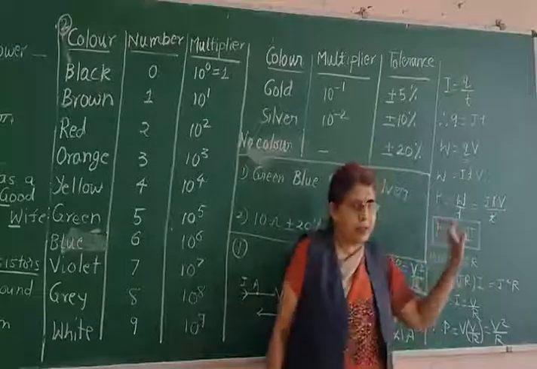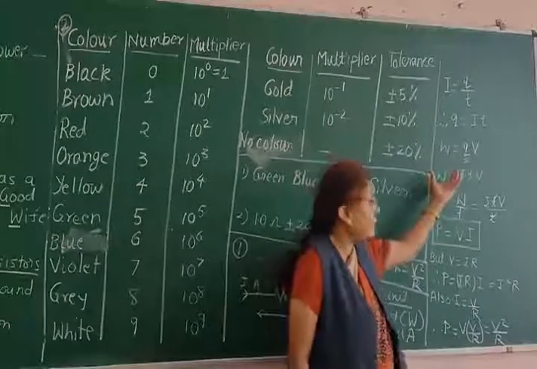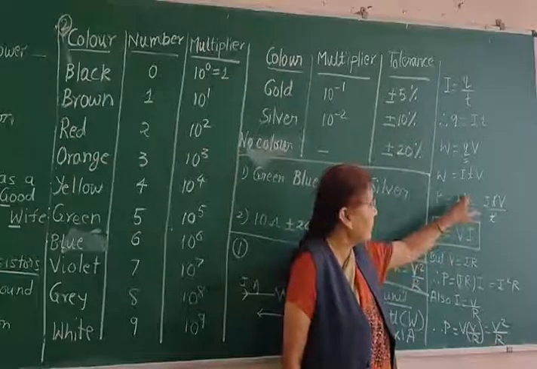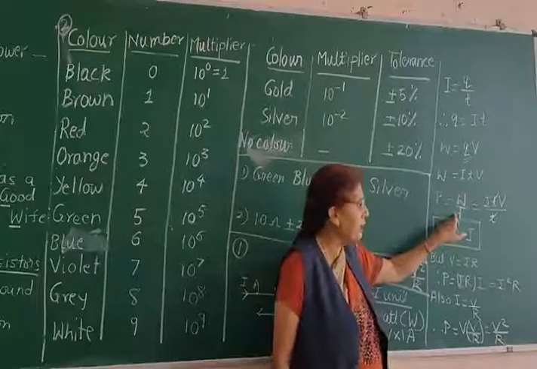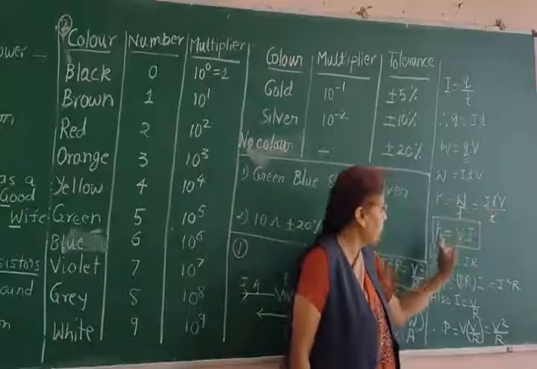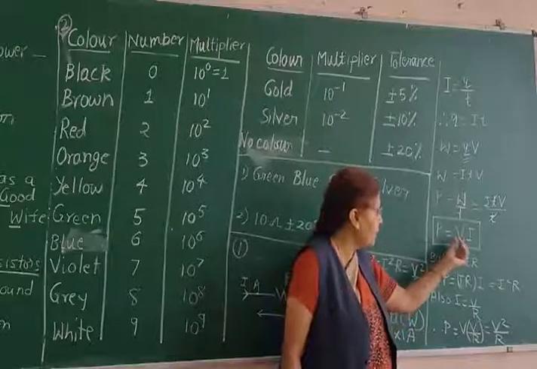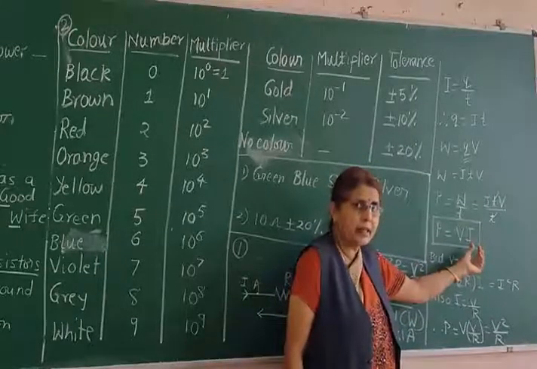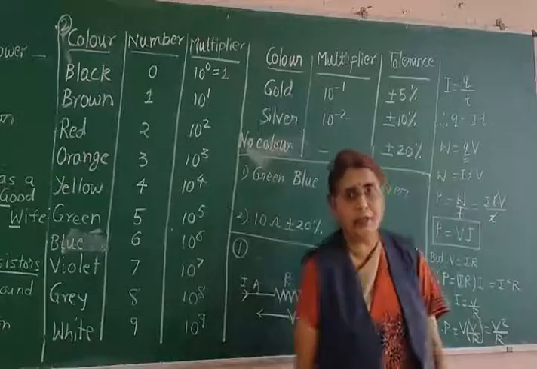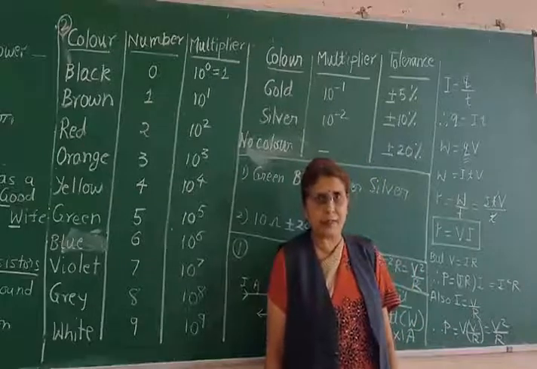Now what is power? Last year you learned power is the rate of doing work. Now this is the electrical work done. So what is the electrical power? Power will be nothing but W upon t, rate of doing work. So I t V divided by t, the t gets cancelled. So you will have power equals V into I. So power is the product of PD V and current I. This is one way of defining power. How will you define power? Power is the rate of doing electrical work.